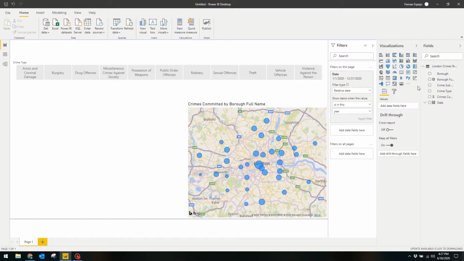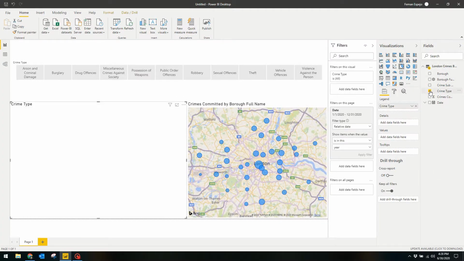Maybe we want to know what types of crimes are committed the most. Let's add a pie chart and add the crime types with the number of crimes committed. This pie chart now gives us a total number of crimes committed, categorized by the types of crime committed. Don't forget that it only shows the total number of crimes committed this year because of the page level filter